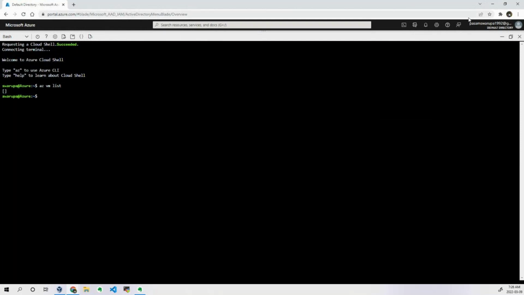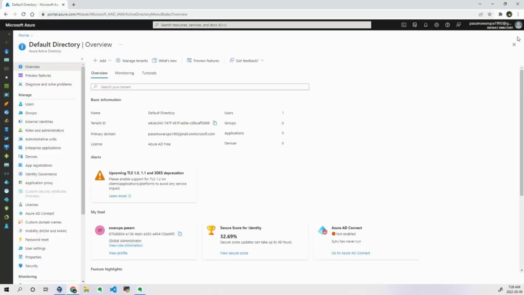Either the portal or the cloud shell, how can your CI/CD pipeline do this? It cannot be done, right? It is not a human being, it is just a process. So in those cases you have to use the CLI, az commands, which you have to execute from your pipeline. Okay, so let me close this shell. Now I understood that this is the first service I have to learn.